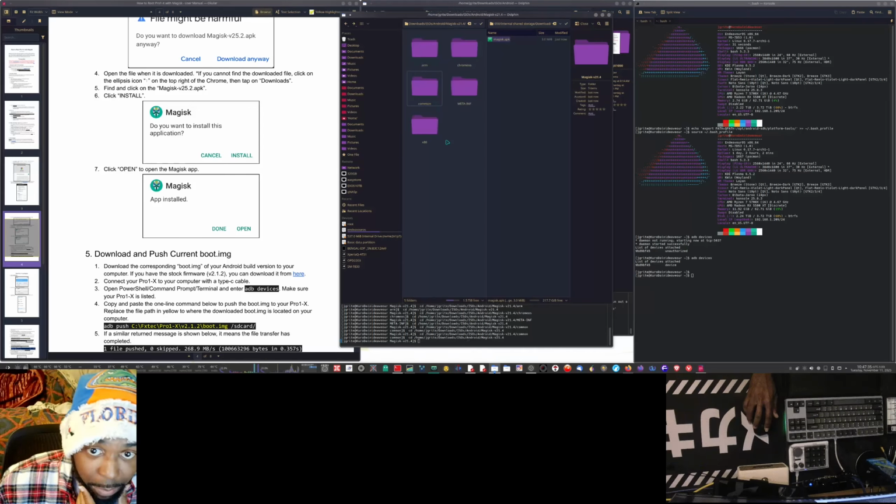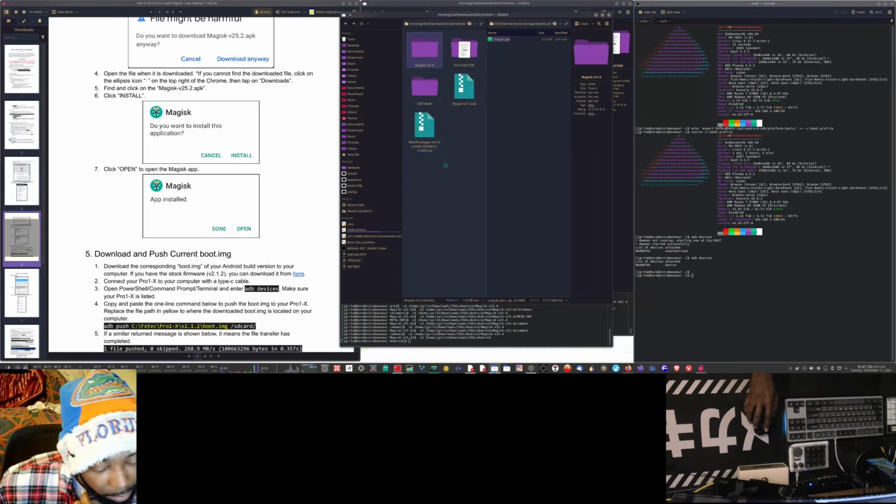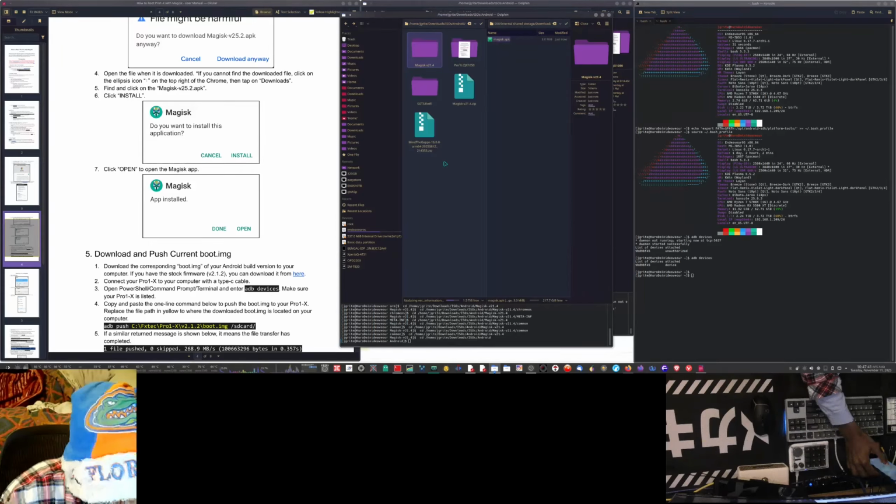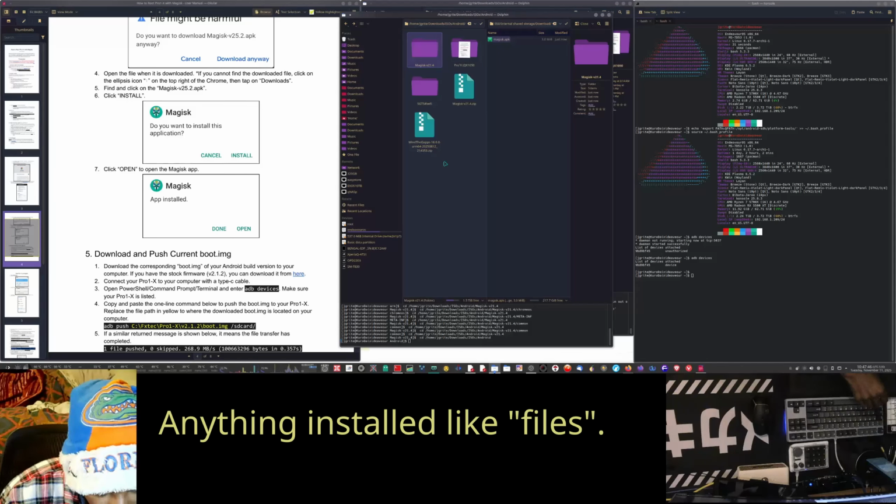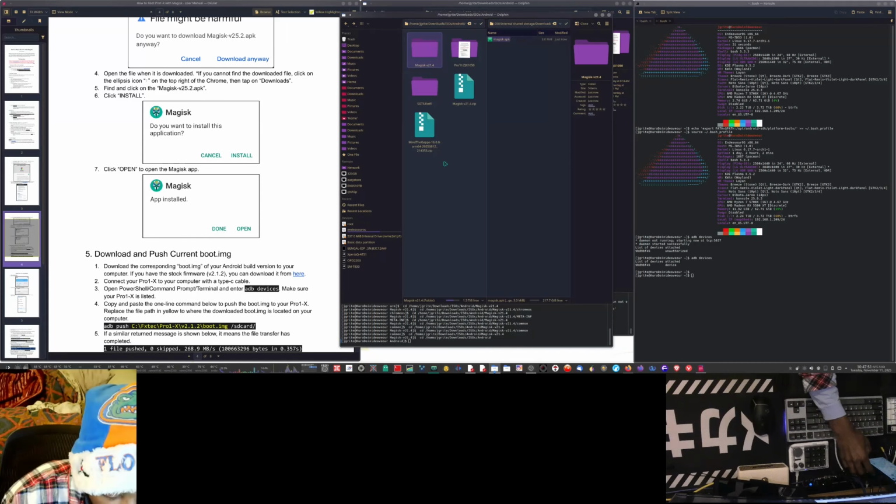I was looking for the APK itself. So once you get the APK, you're going to go to Drive on your device, because you're not going to have Files installed. Get this out of the way. There's Files right there. Then,